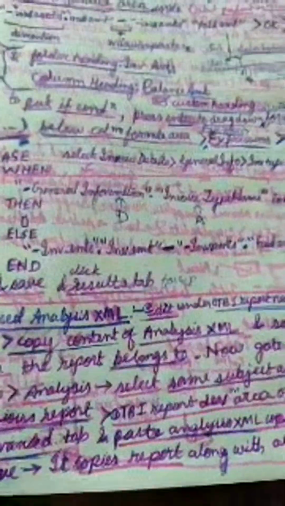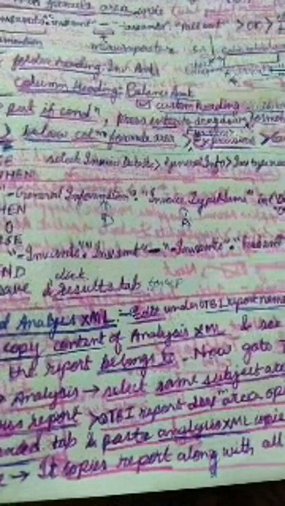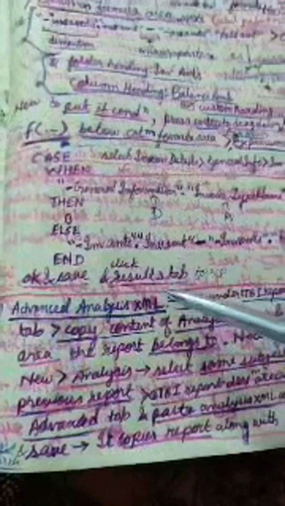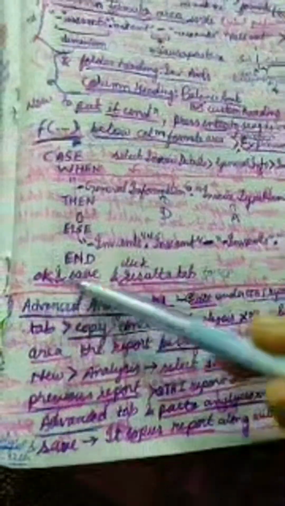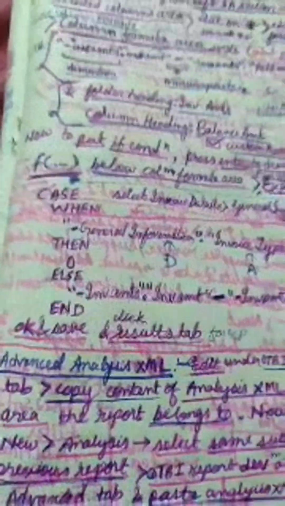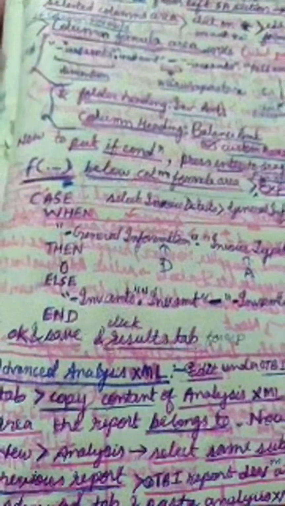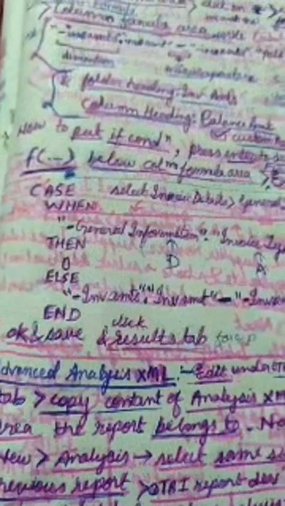The next one is advanced analysis. So we have 4 types: criteria, results, prompts, and advanced analysis XML, advanced tab. In this advanced tab, the purpose of this tab is that whatever we have done in one particular report, if I want the entire code to be